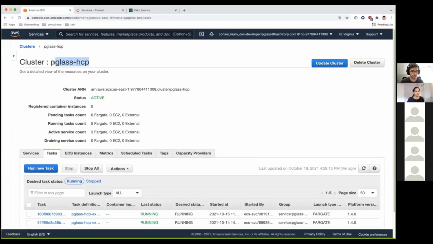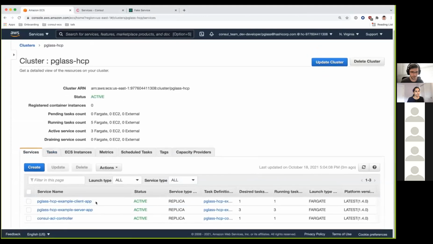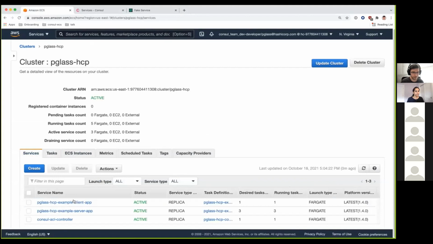This is the ECS cluster. So we have a couple of services. These are the ECS services that schedule tasks for you. There's one instance of the client and a few instances of the server. And then there's our ACL controller. If I jump into one of these,